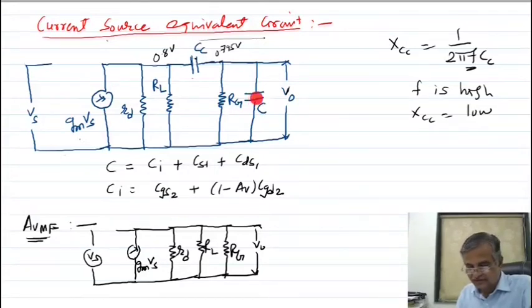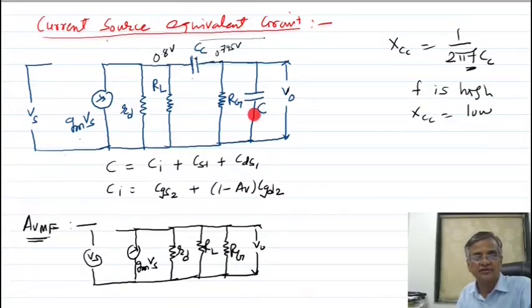Look here, this is of the order of pF. So at high frequency, these offer a very low reactance, a very low resistance, and you know that signal always selects the low resistance path. So this signal will take this path, so output is reduced. Whatever signal is at high frequency is bypassed through this, so the output is reduced. It means shunt capacitance affects the output at high frequency.